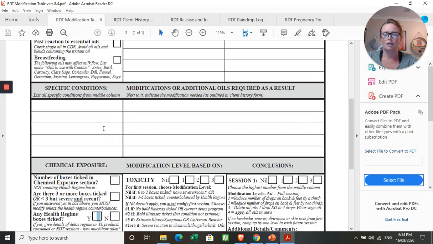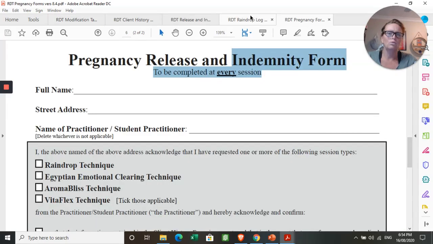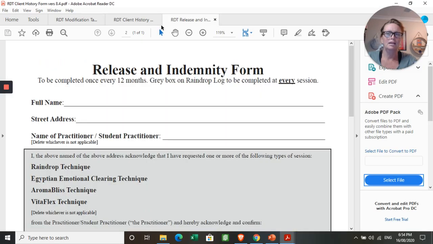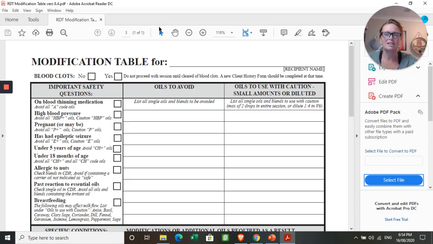If you've got any more questions, please send us an email or a text message, and we'll get back to you as soon as we possibly can. Take your time with your forms, guys. Take your time with your forms. It's really not that hard. There's lots of information there for you. If you're really struggling, you can always read your text